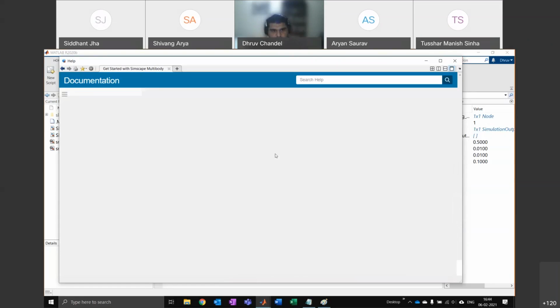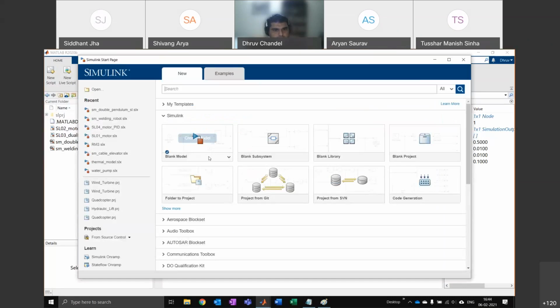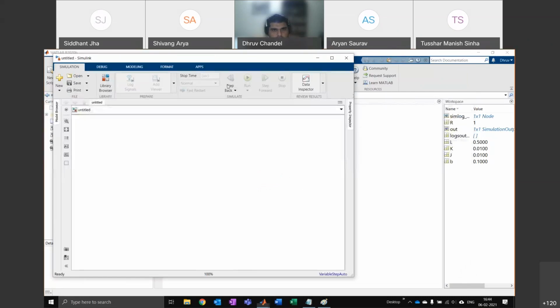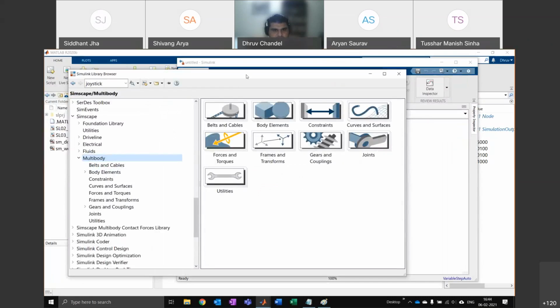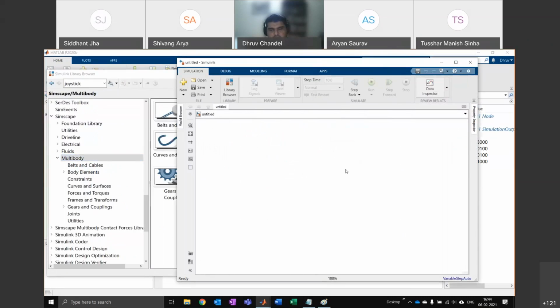So basically, if I open up a new model, what we saw in Simscape is you do a few basic things, such as get a solver configuration and the base and all these things.